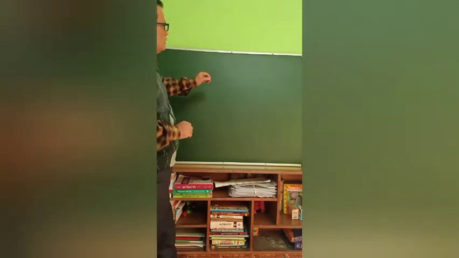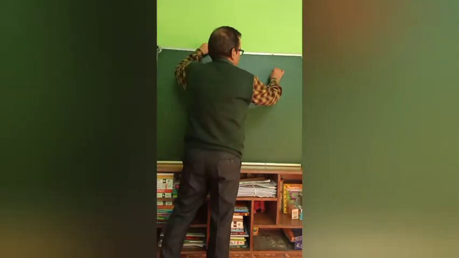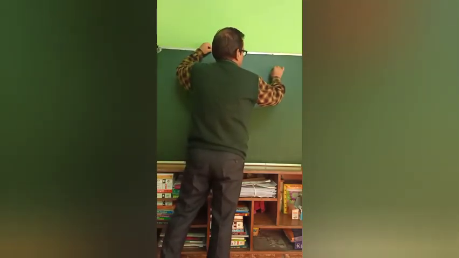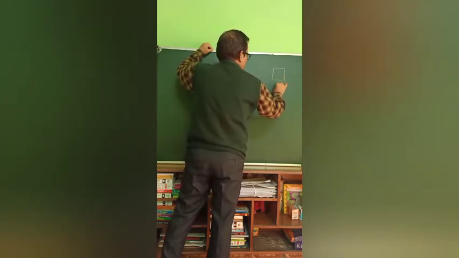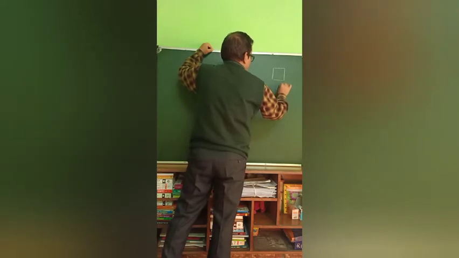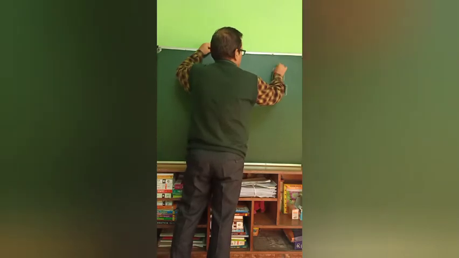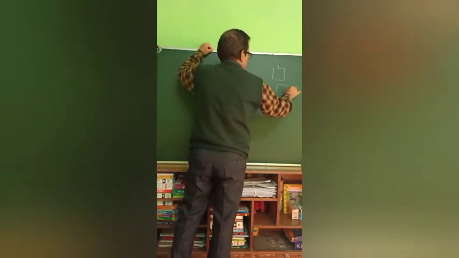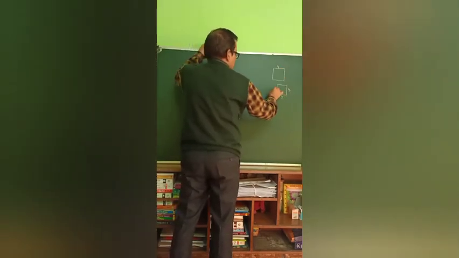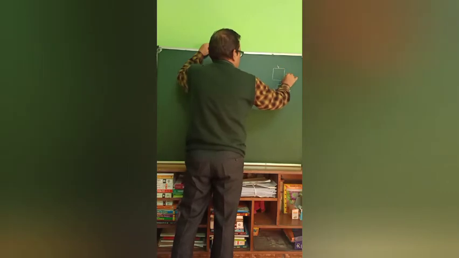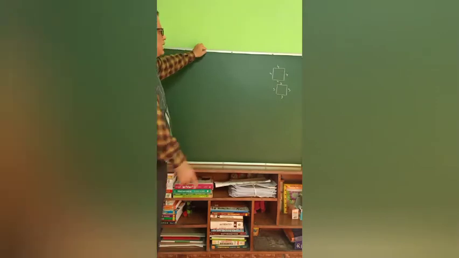Let us have an example. If there is a square of side 4 centimeters and another square of side 2 centimeters. This is of 4 centimeter, this is of 3 centimeter, for example. So this is also a square, this is also a square, each side is of 3 centimeter. They are of the same shape, but size matters a lot. Here size is bigger than this one, so these are similar figures.